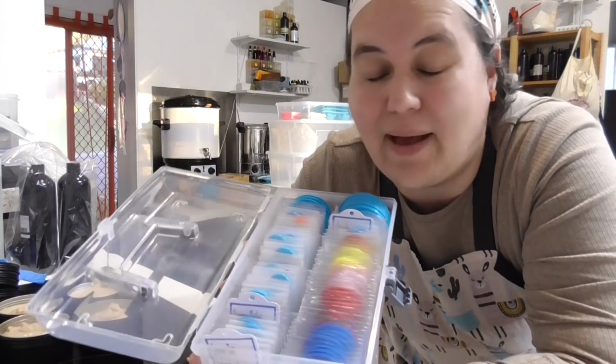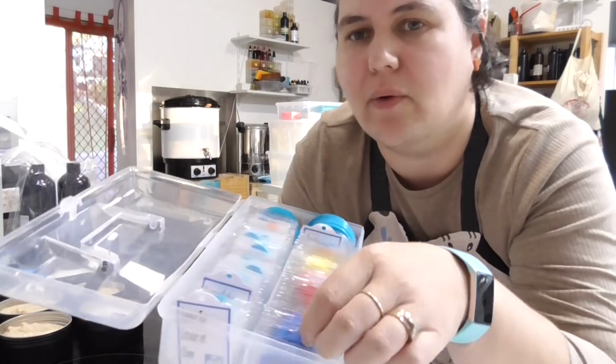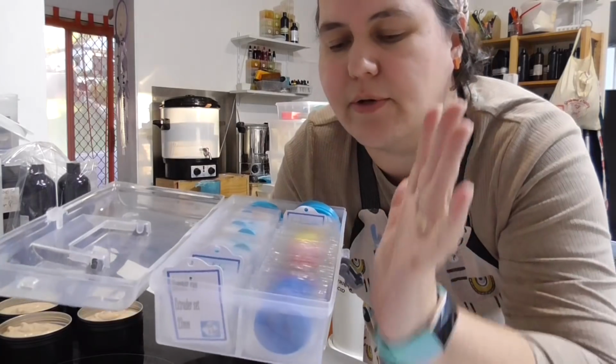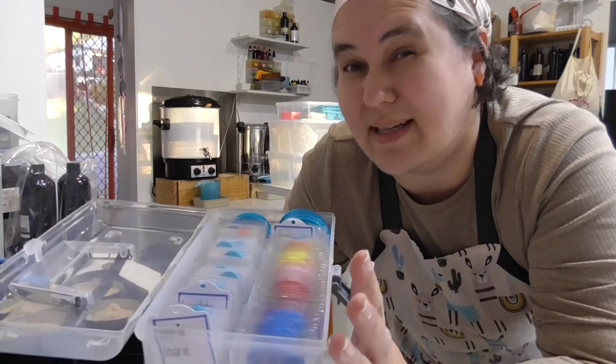So I don't have a problem at all with extruder discs. This is completely jam-packed. I do have to make all the labels to go onto Lee's, but I've just thought it's going to take me two seconds to pop them all into these little things. Because hers are basically color-coded,